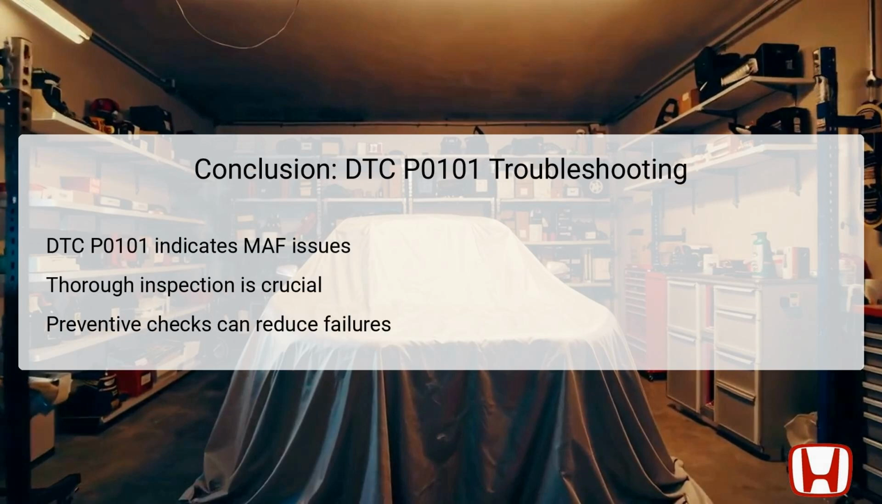In summary, DTC P0101 indicates a problem within the MAF sensor circuit, requiring systematic troubleshooting to determine the exact cause. Understanding the role of each component in the air intake system is critical for effectively diagnosing such issues. The troubleshooting steps highlight the importance of inspecting, testing, and verifying each element, from the air filter to connections leading